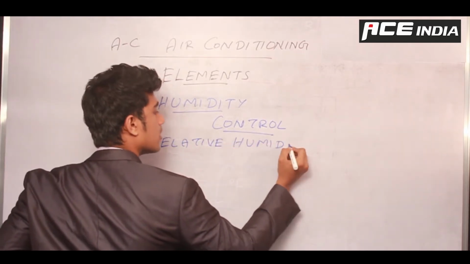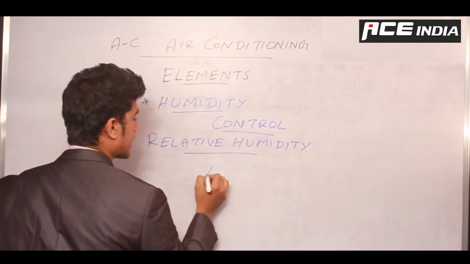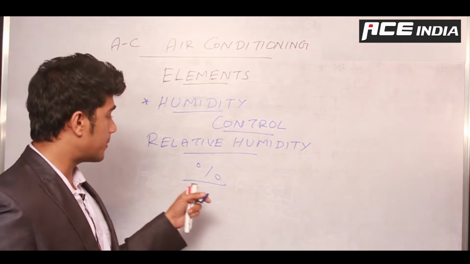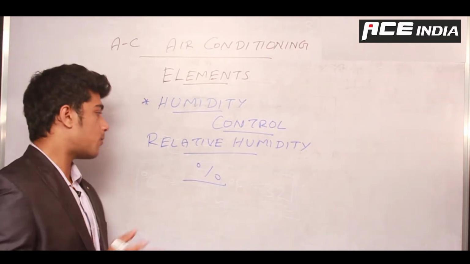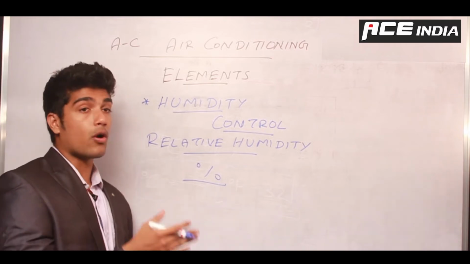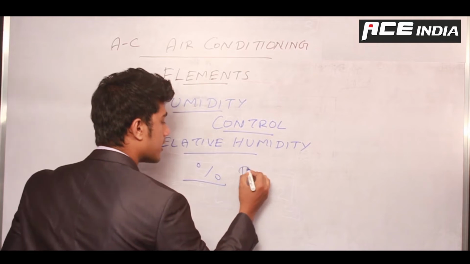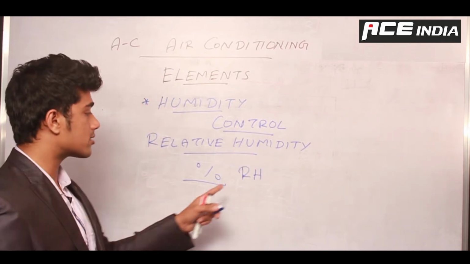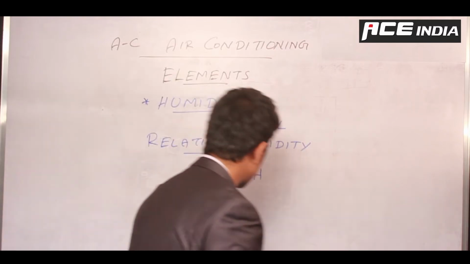Relative humidity is normally represented in percentage, right? So the maximum, as you can see, will be 100%. The least or minimum will be 0%. Both of them are extremely hard to obtain, but still you have to understand the minimum or the driest air that we can get is 0% RH, relative humidity, and the maximum is saturated air, which is 100% humidity. So we'll understand that later.